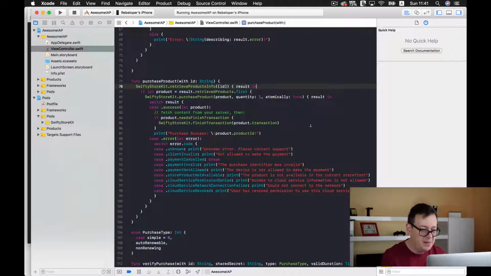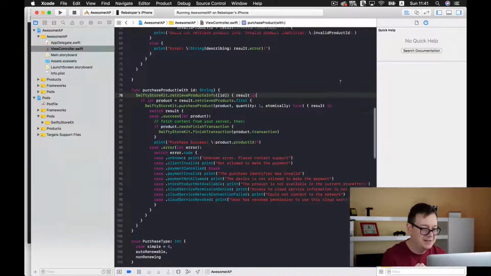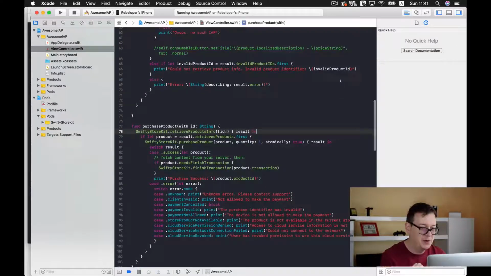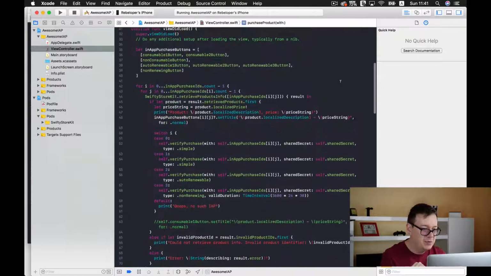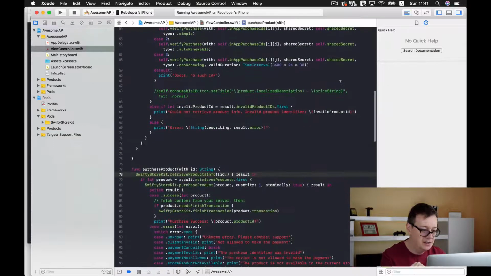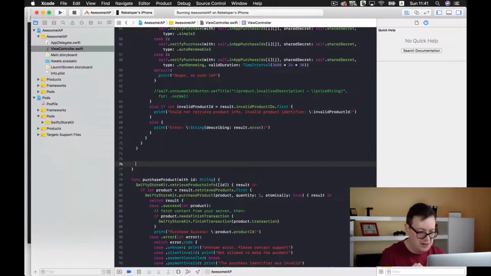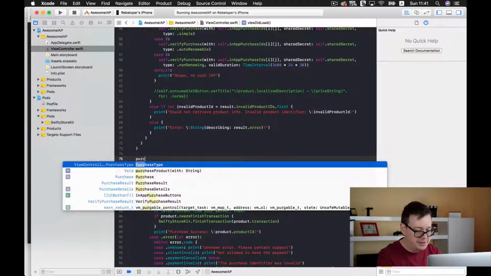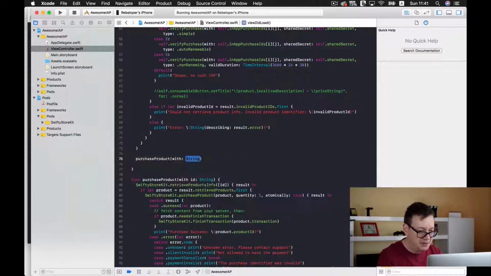And that is about it. Let's just test this out and see if we can purchase a product. Okay, and we will do that at the bottom of our viewDidLoad. Okay, let's just purchase product, and the ID should be, well, let's just type it in anyway,